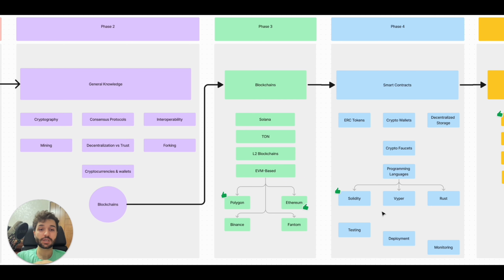After you write a smart contract, you should write unit tests for that. In my idea, it's mandatory that you should write a unit test for the smart contract that you develop to make sure that your contract is working fine and the functions that you're using for your contract. And after that, you should learn about the deployment process, how you can deploy your smart contract and how you can monitor that.